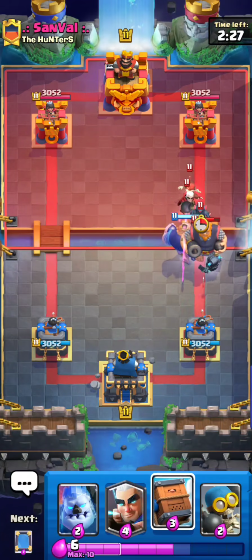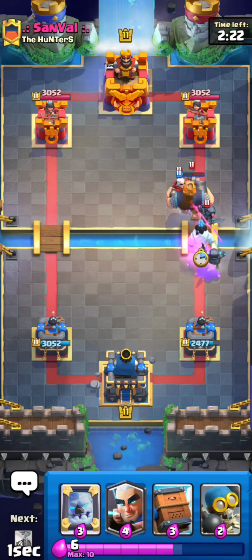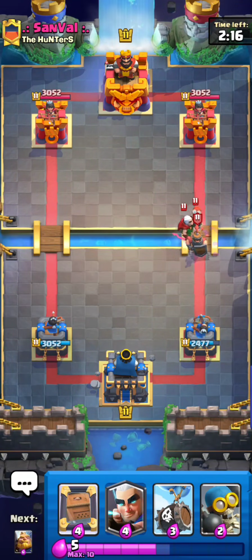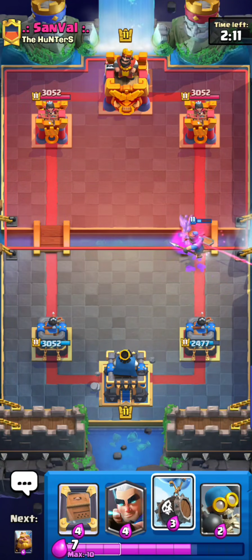As he does go for a Marcher himself, actually. Followed up by a Mini P.E.K.K.A. So I think I'll go Ice Golem now. Oh no, that was really bad. But at least the Mini P.E.K.K.A.'s trade. And this delivery is going to be infinite value. Like, look at this value. Ooh. And now he just uses delivery, so...